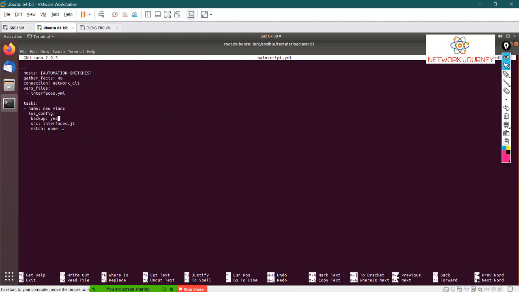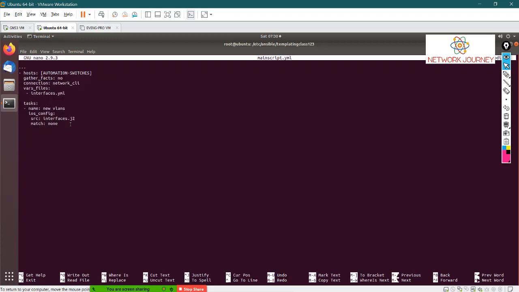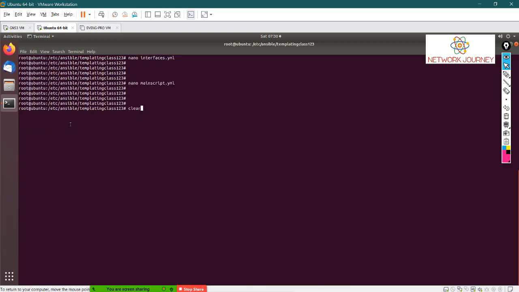If you want, you can take out the backup if you don't want to see the backup, or if you want to have backup, or you want to see the show interface, you can write one more task, take the debug, something which we've been doing. So let's say I just want to see the dynamic feature and not complicate with a lot of things. So let's run this.